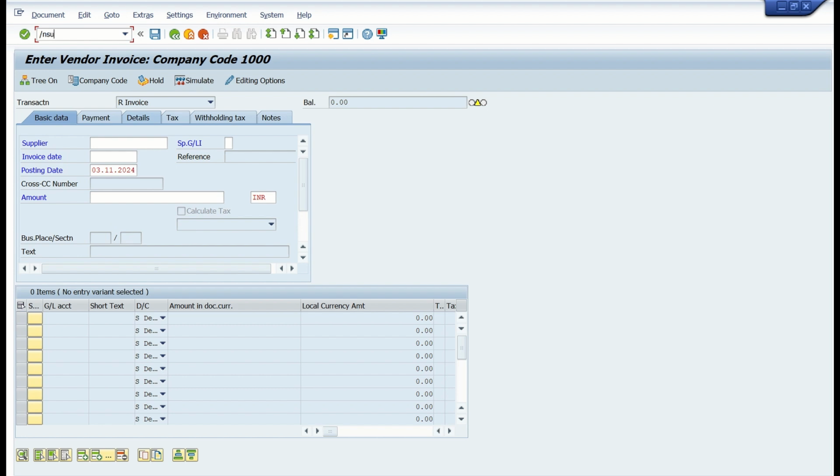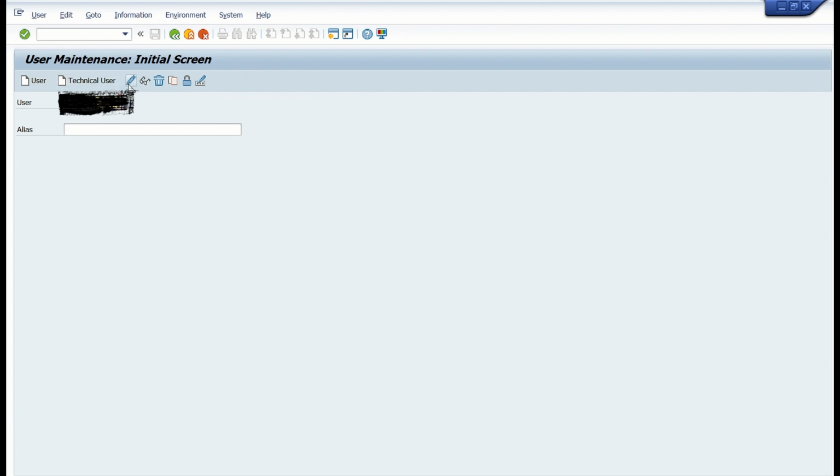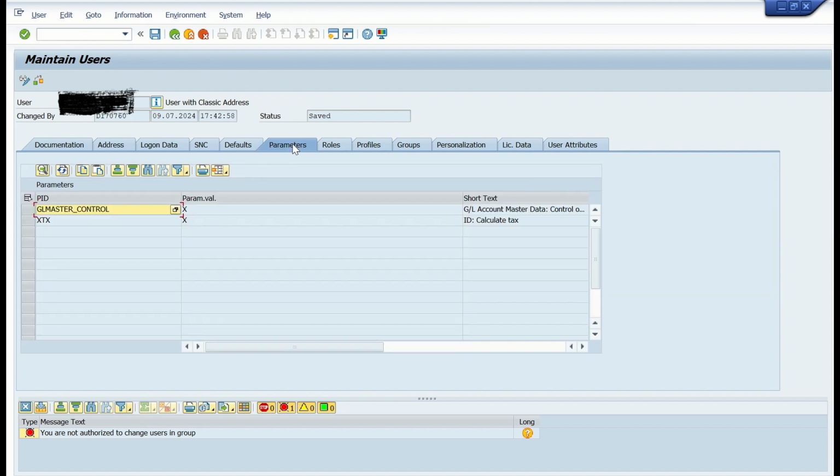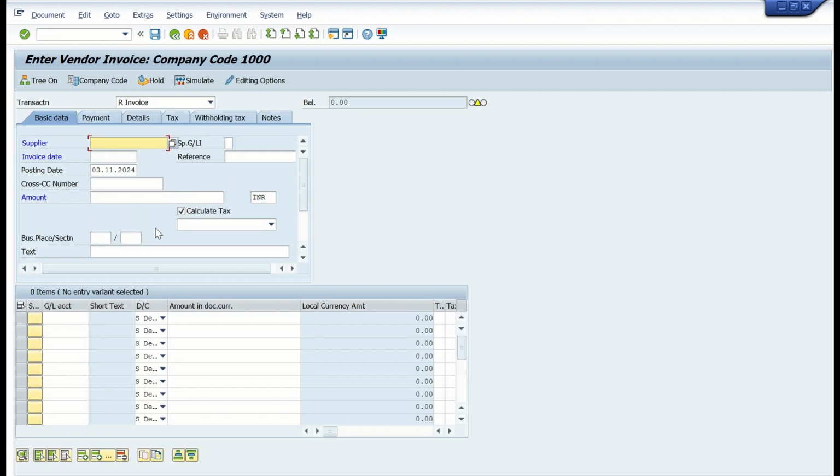For that you go to SU01 transaction code, user parameters. If you don't have access to this transaction code, then connect with your basis consultant. Now go to the parameters. Here we need to add one parameter XTX and the value should be X. This is for calculate tax checkbox. Once you have selected this parameter, then if you go to FB60, this checkbox will be always selected for this